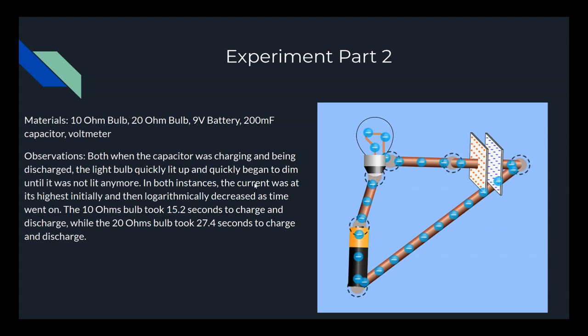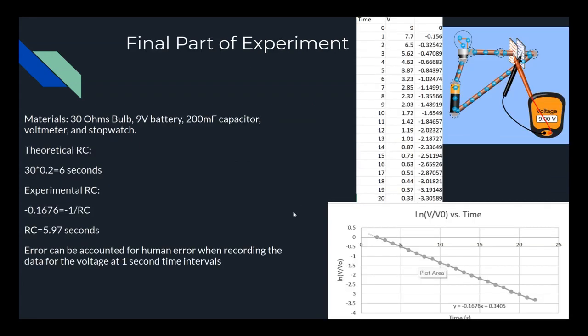The 10 ohm bulb took 15.2 seconds to charge and discharge, while the 20 ohm bulb took 27.4 seconds to charge and discharge. For the final portion of this experiment, we took that same simple series circuit connecting the battery, the bulb, and the capacitor, and we evaluated how the voltage decreased in the circuit over a span of 20 seconds, and we then graphed that